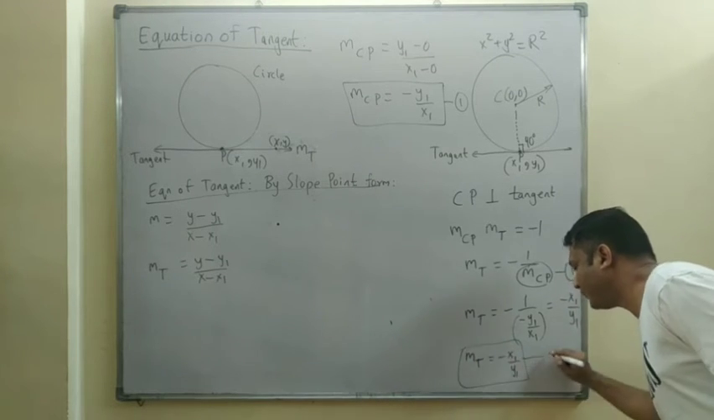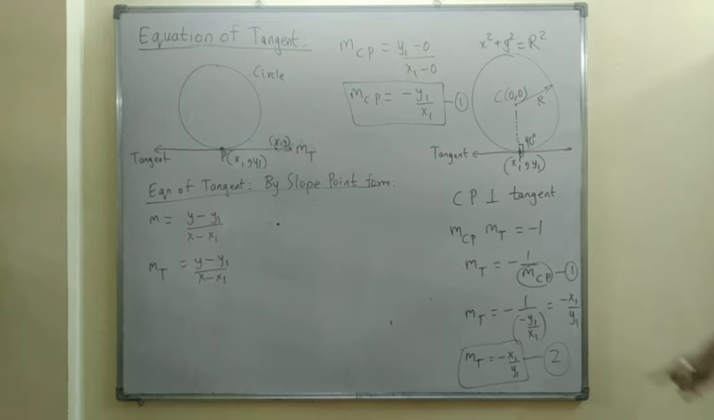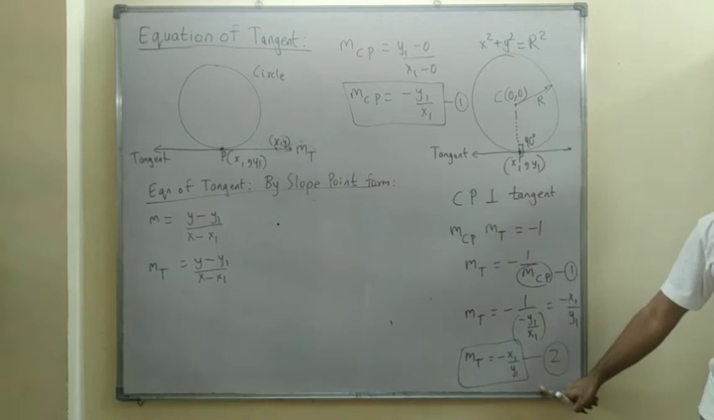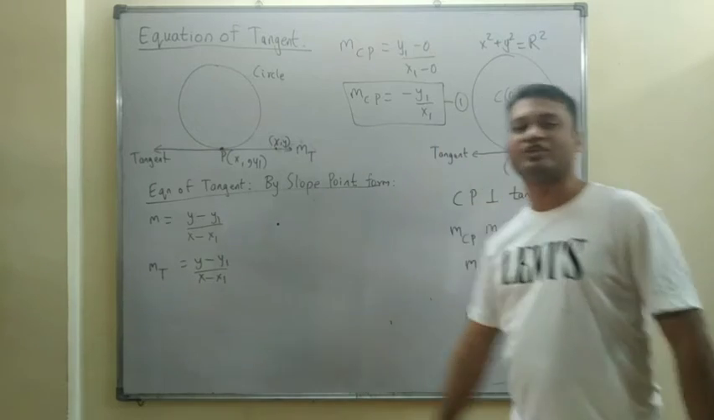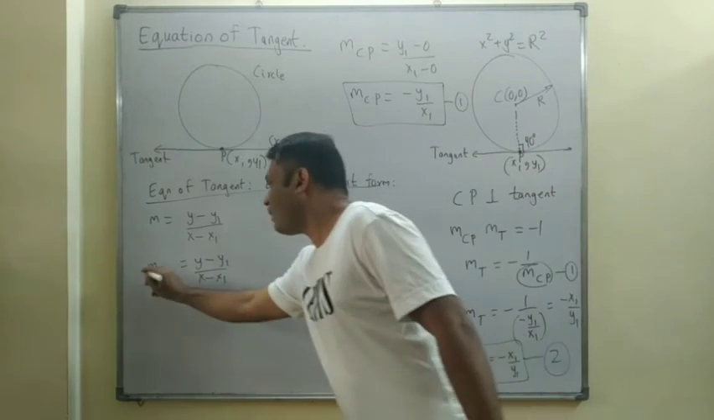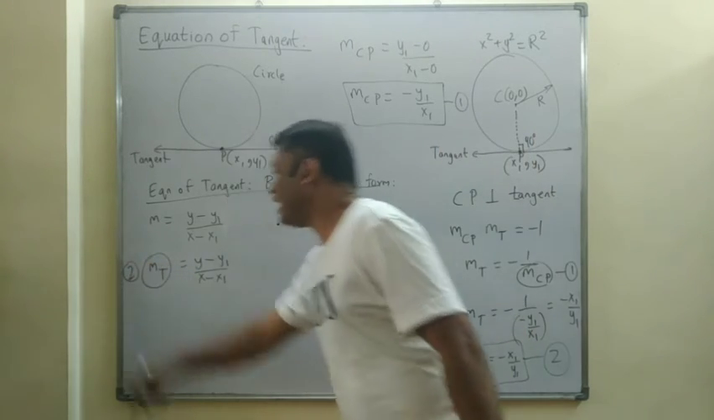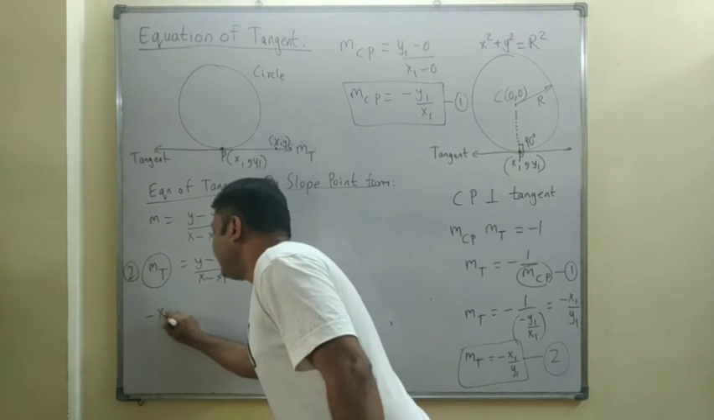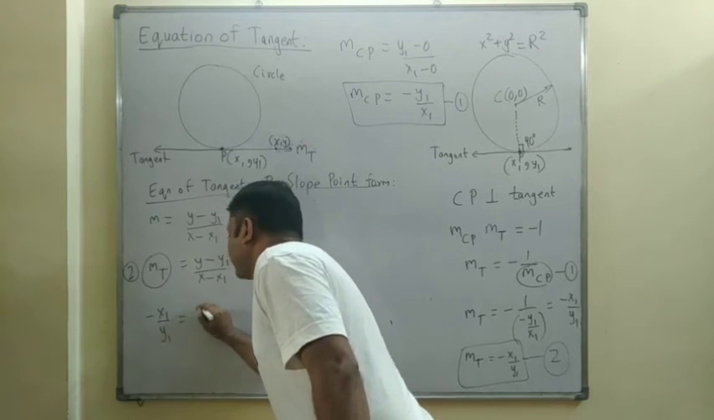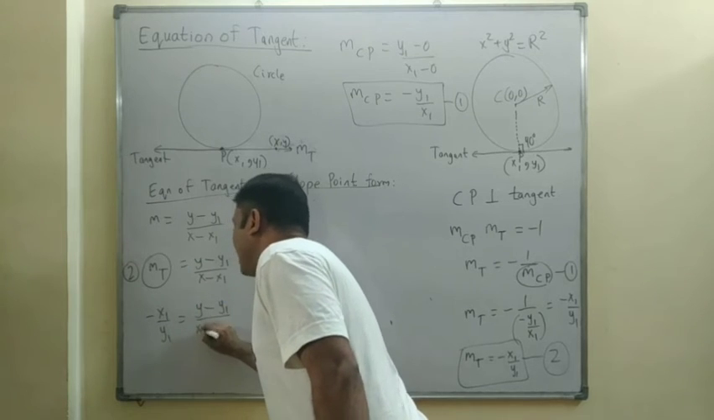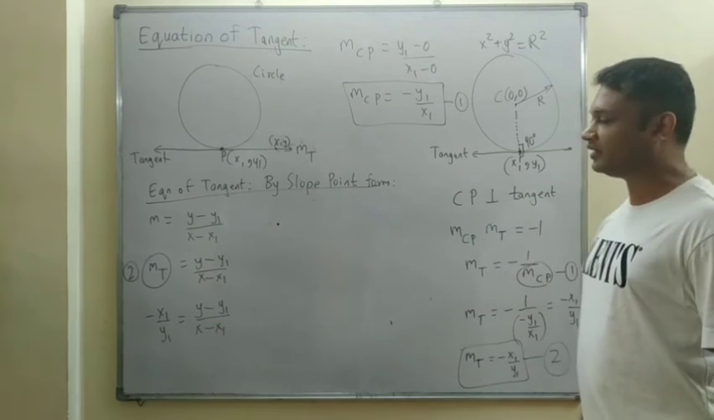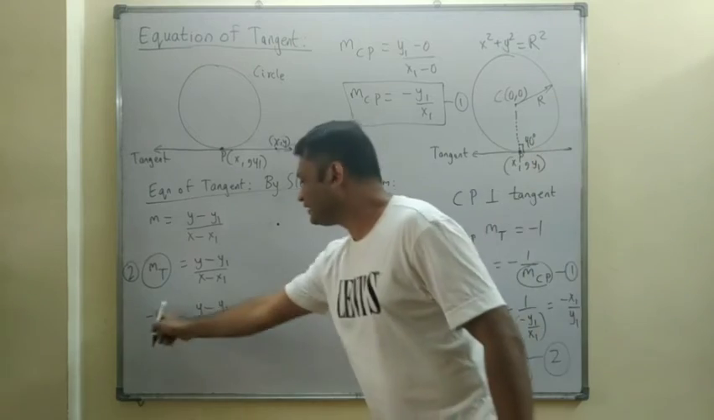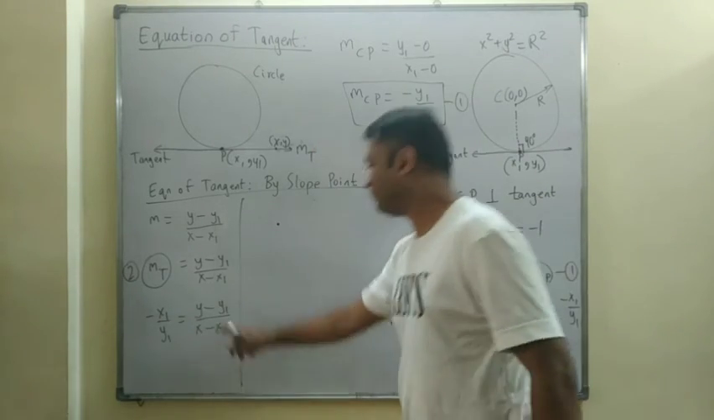Let us call this equation number 2. Use this equation for the slope of the tangent. So the slope of the tangent from equation 2, I will substitute as minus x1 upon y1. So I can say minus x1 upon y1 is y minus y1 upon x minus x1. Let us now cross multiply. So on cross multiplying, we will get